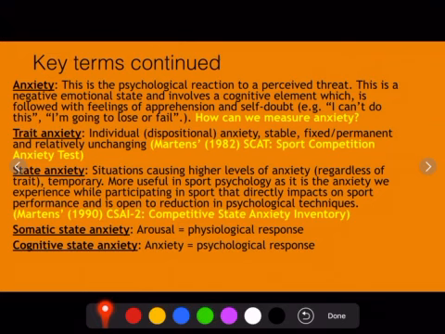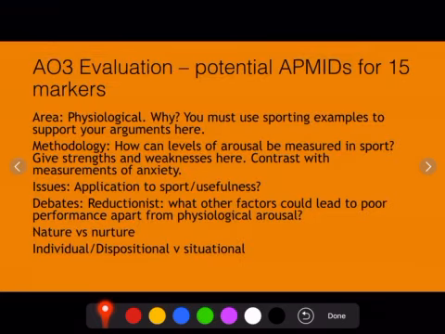Right. So, evaluation, physiological, okay, somatic state, physiological, methodological, how can we measure levels of anxiety and arousal, then it's got to be your self-reports, contrast with measures of anxiety,